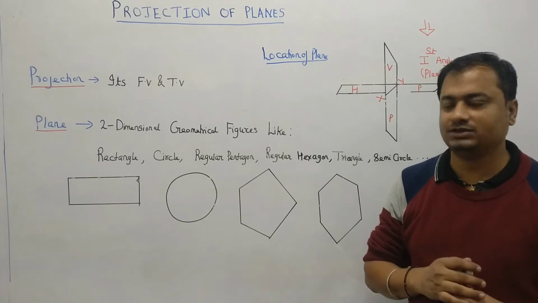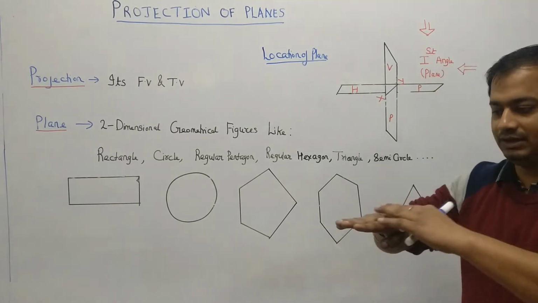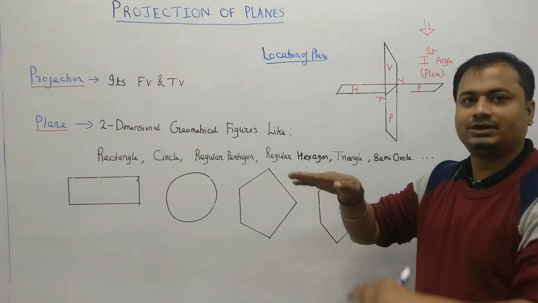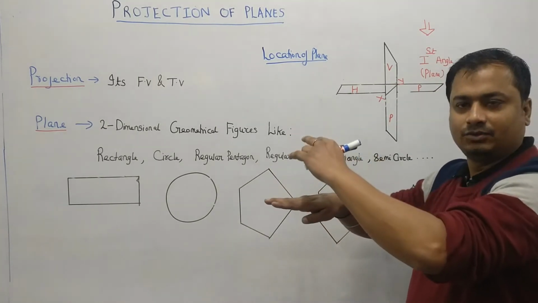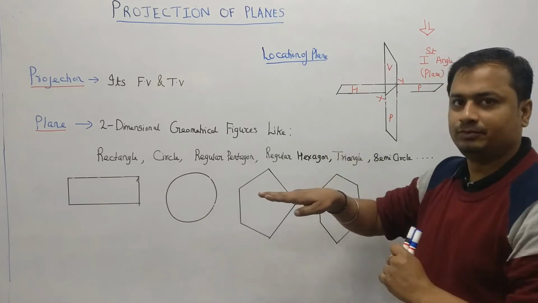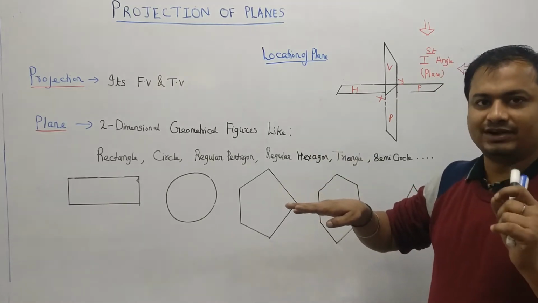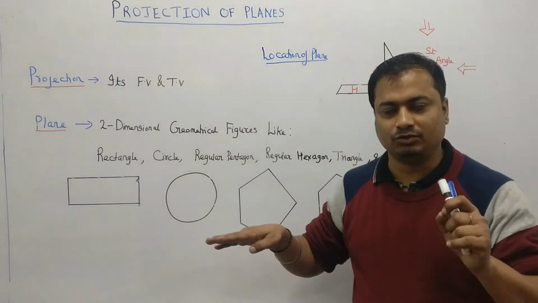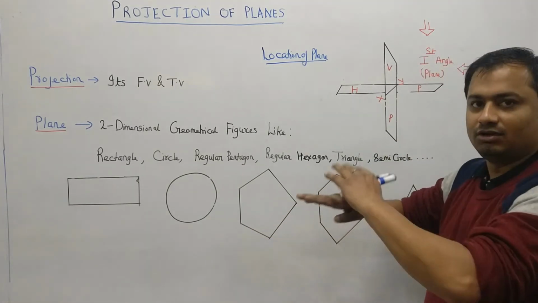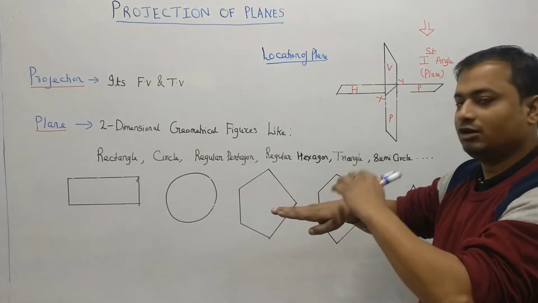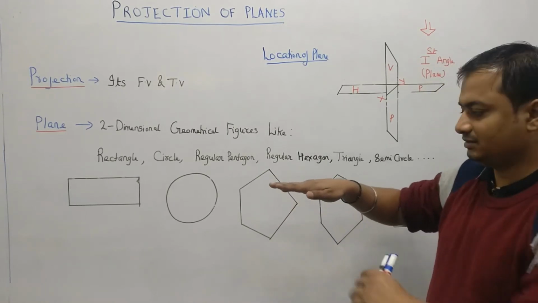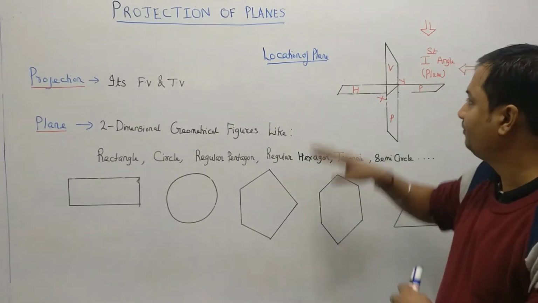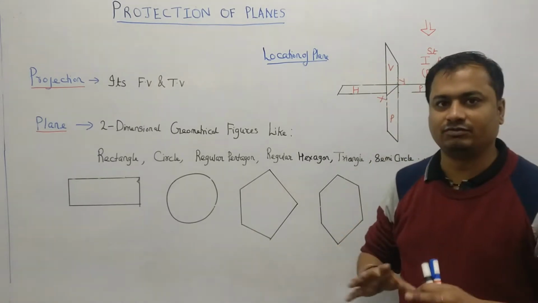We all know first angle means my front view will be above xy and the top view will be below xy. So the front view of the plane is going to lie above xy. Front view is represented by the dash notation, so all the dash notations of the front view will be above xy, and the top view will be without dash, below xy. So the first angle will be the location of my plane.